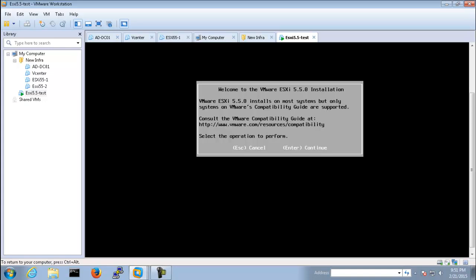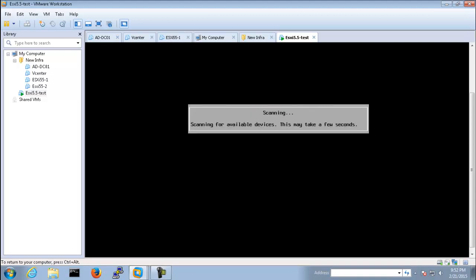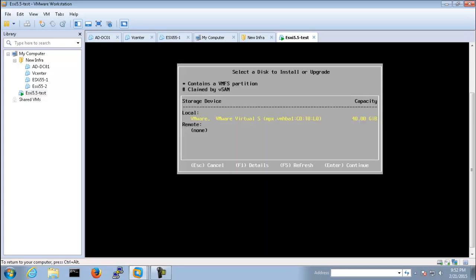It's giving you information about everything and asking if you want to continue, just press enter. Now the EULA, the end user license agreement, of course we have to accept it in order to complete our installation. Press F11. Now it will be scanning for all available devices on this virtual machine, and it finds the hard disk is 40 gig. It's asking you whether it's okay to install everything on this one, and